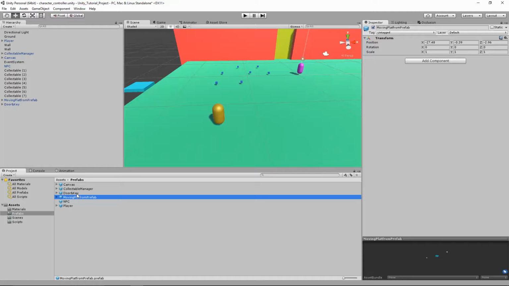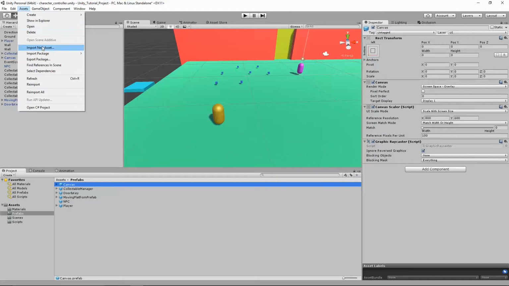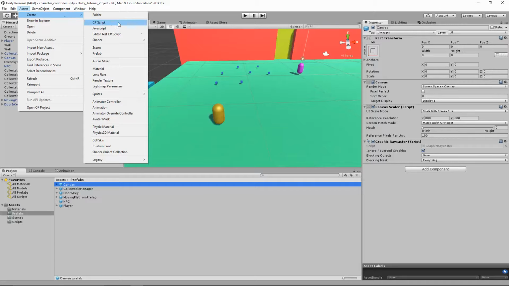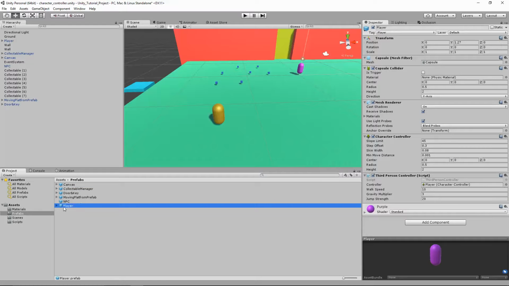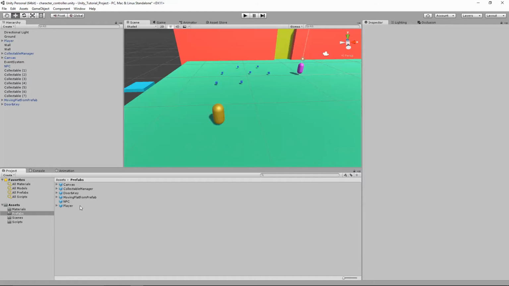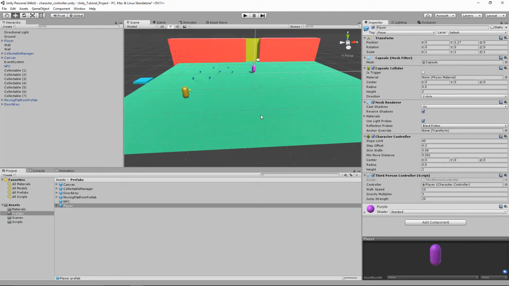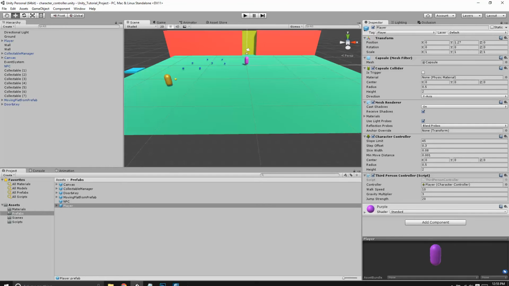So these are all things, this is all work that I don't have to do again. It's really, really helpful. These are also things that you could send to other people, like the first-person prefab that we download sometimes. Now we have our own prefab like that, which means we can make levels and test them really quickly. Okay, that's the end for